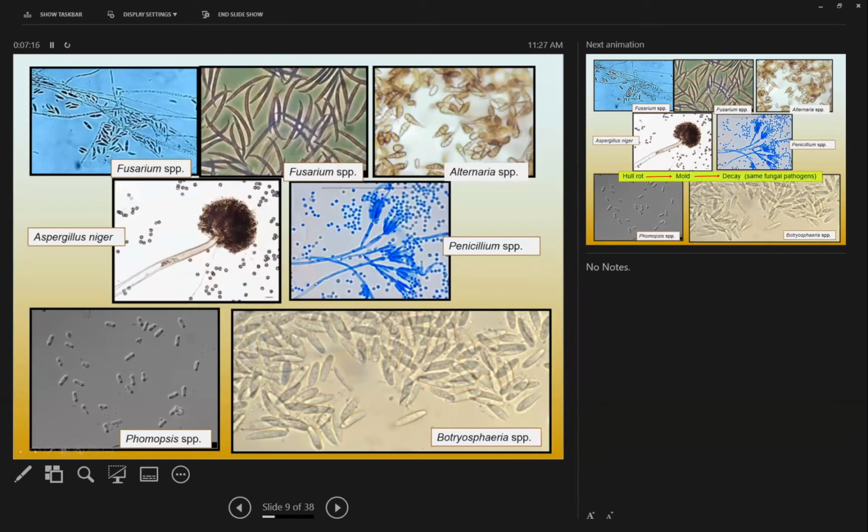moldy walnuts with mold. Now, if you take a look at this diverse number of fungi that occur in walnuts with mold, you'll see we have the Fusarium here, the Alternaria, the Aspergillus, and the Penicillium. All these are airborne, produce spores that become airborne. And what Mohammed Nouri was saying, that they can be transferred with the dust, with the soil dust, as the grower shreds the prunings. Now, Botryosphaeria and Phomopsis, these are fungi that produce pycnidia, but also